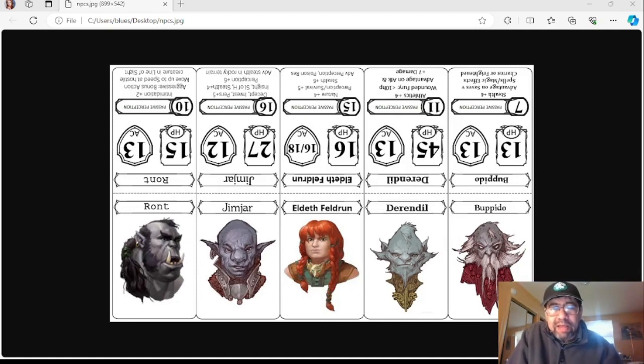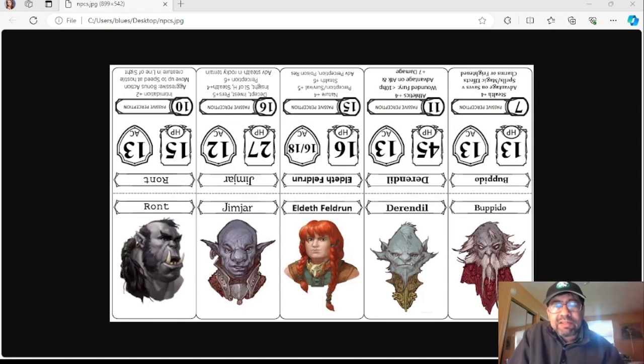So this one person on Reddit created these cards that you can print out, and this is only a handful of the NPCs in the adventure. So you have the orc character, and you have a couple of drow. I think there's a drow and a dwarven female fighter. I think she's a fighter, I forget. But anyway, they're all there, and you have the stats.